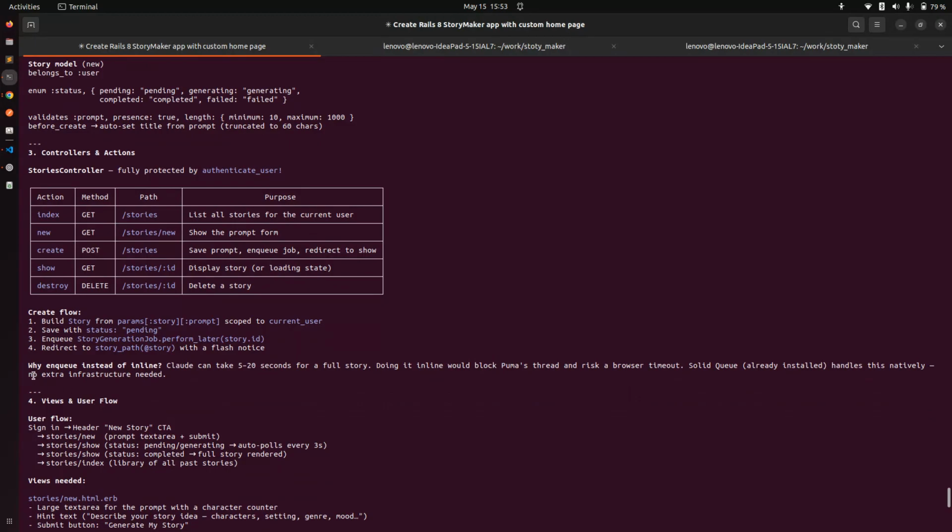Okay, why enqueue instead of inline? Claude can take 5 to 20 seconds for a full story. Doing it inline would block Puma's thread and risk a browser timeout. Solid Queue, already installed, handles this natively. No extra infrastructure needed. Okay, that means it will create a job for story generation, and based